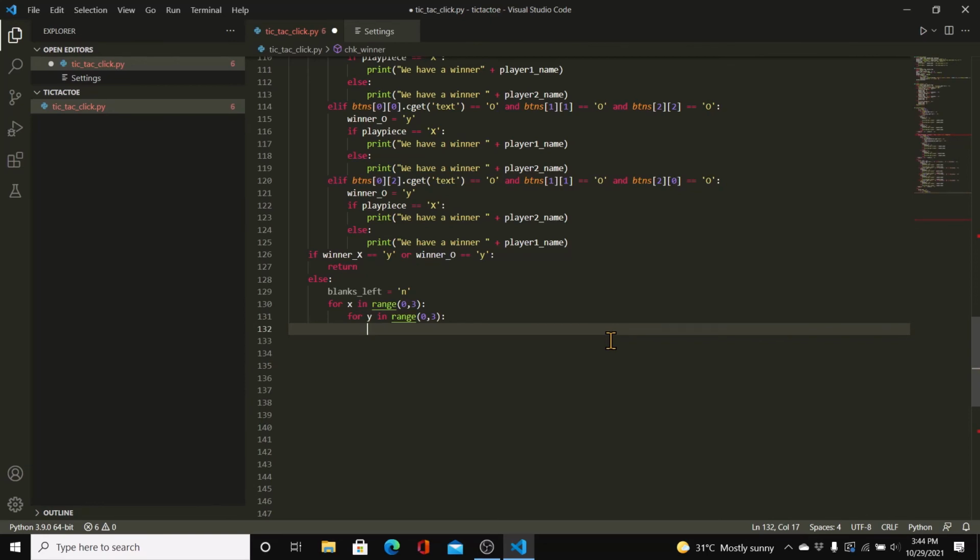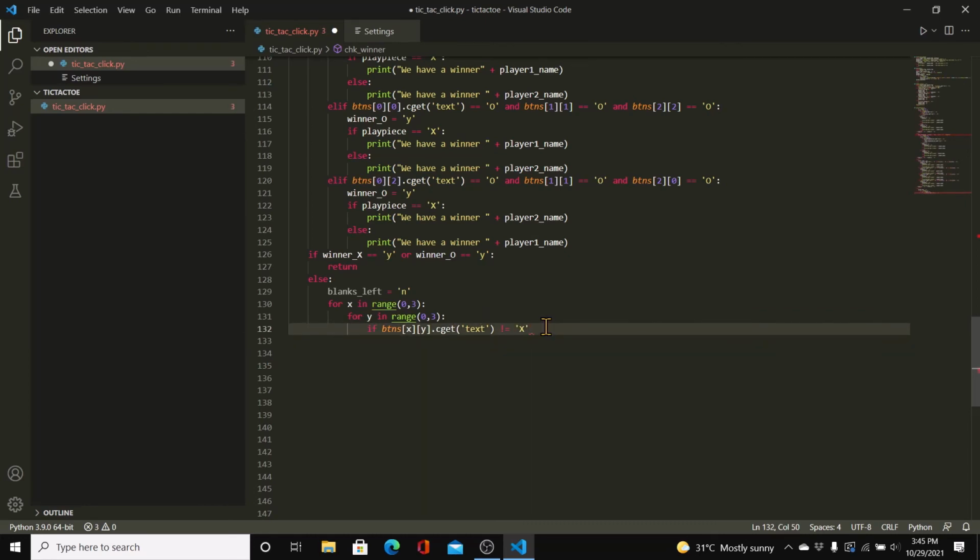And then we check if btns x y dot cget text not equal to x,